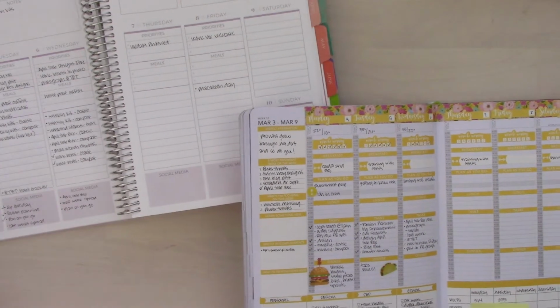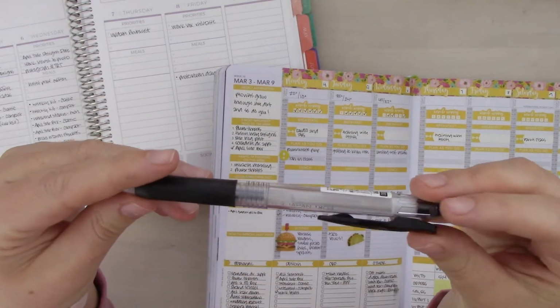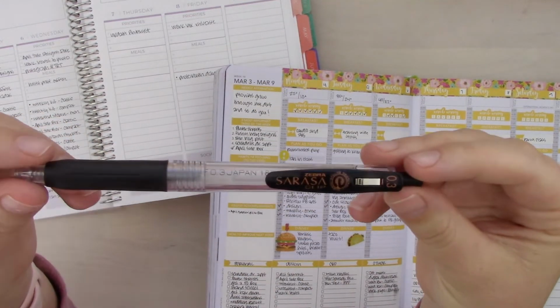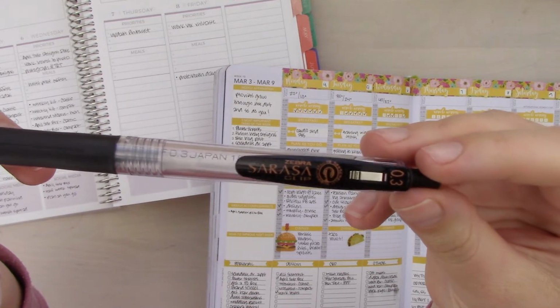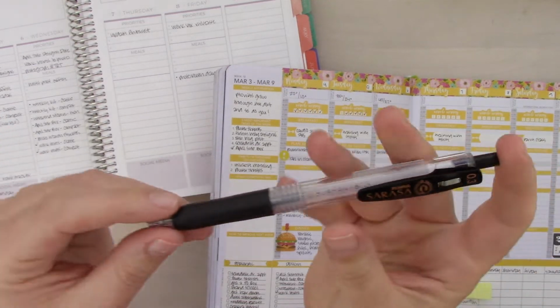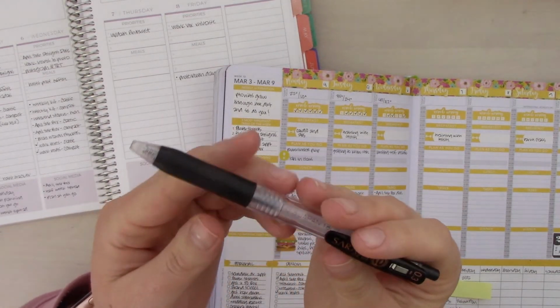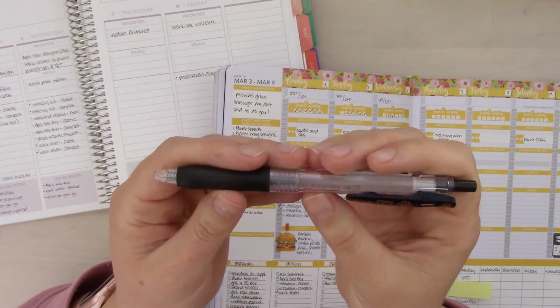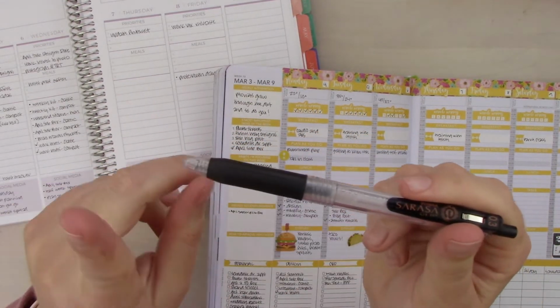We're gonna find my pen, which I did get a question on the last video, so I'll talk about it again. My favorite pen is this Zebra Sarasa. I hope that's how you say it. Clip in the 0.3 size. I'm in love with this pen. I've already gone through 2 or 3 of the refills for it. It's my go-to pen. However,